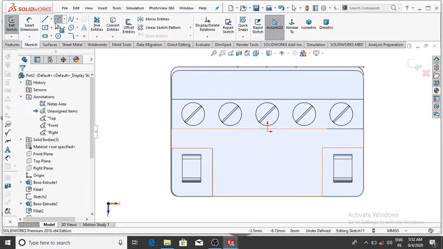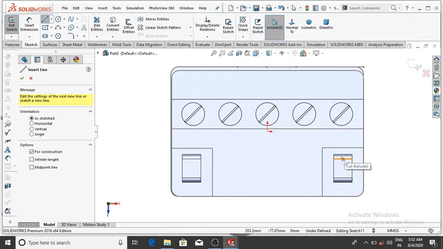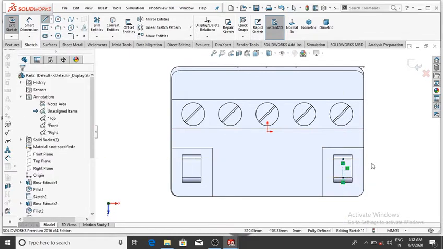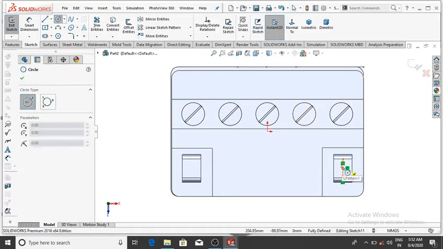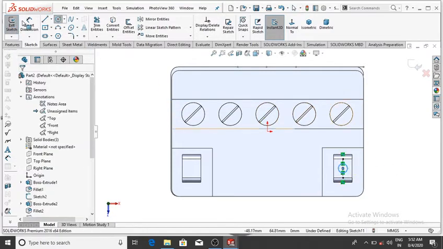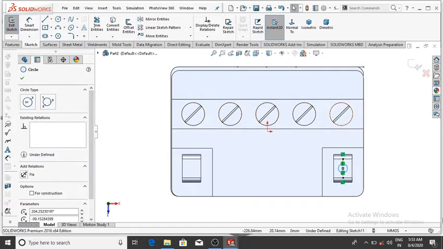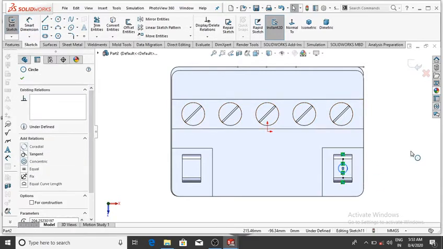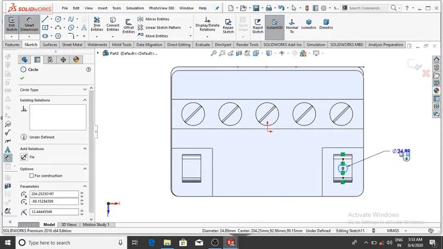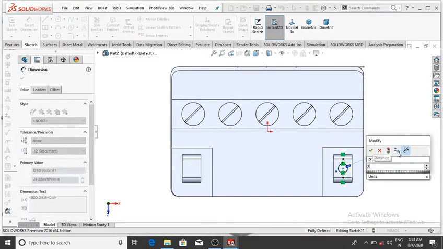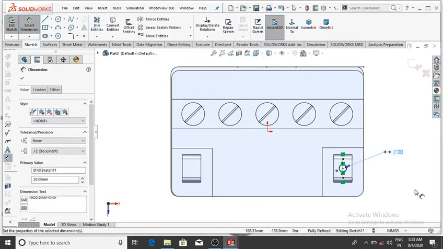So first of all make the center line, so select this point to this and make the circle of 20 mm. So select a smart dimension and go to the smart dimension and make it 20 mm, then OK.